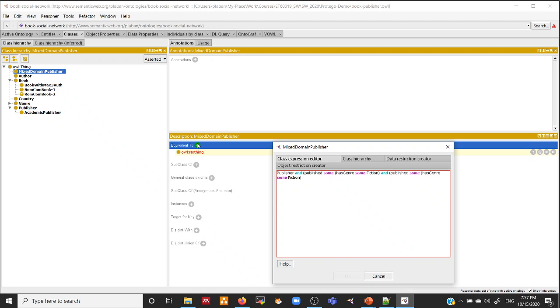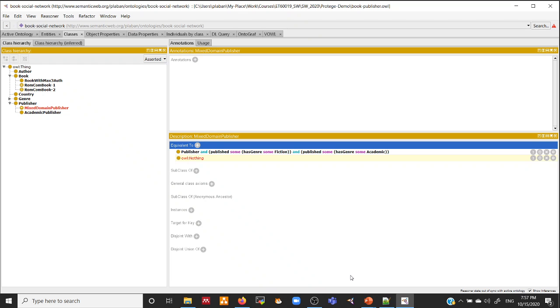So if we do so, I guess we are missing one parenthesis. Okay, yeah, we have to put one parenthesis here and one parenthesis here. Now here, it should not be fiction, it should be academic, right? Now let us see